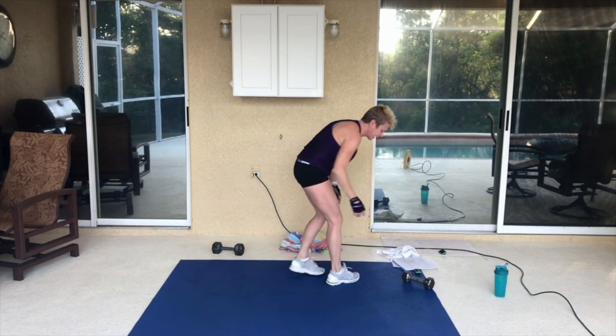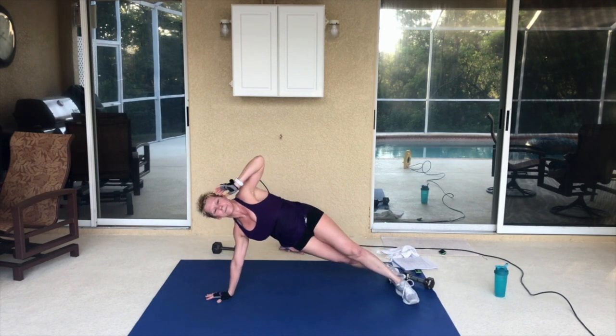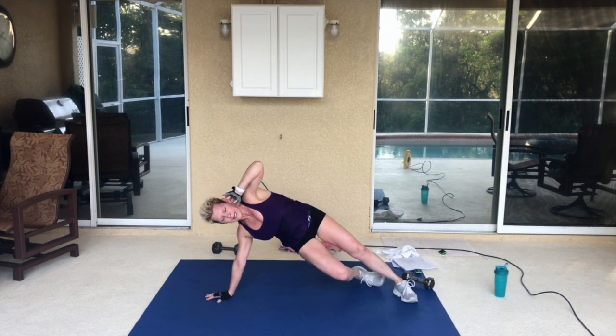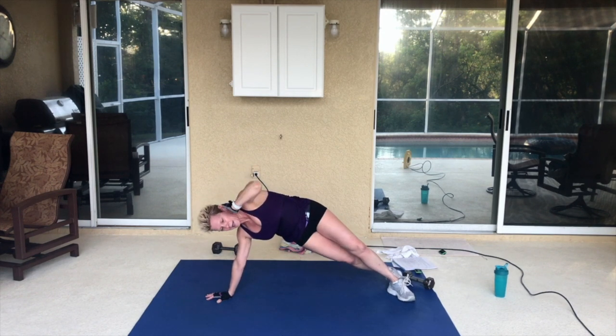Right side plank. I think I had said left knee crunch. I meant bottom knee crunch. I was saying left and working my right. We're on the right side, so it's...